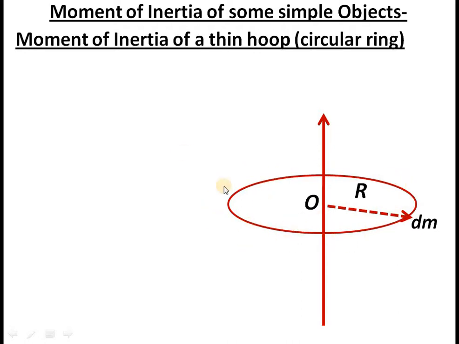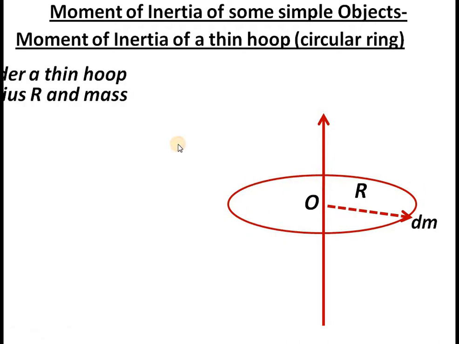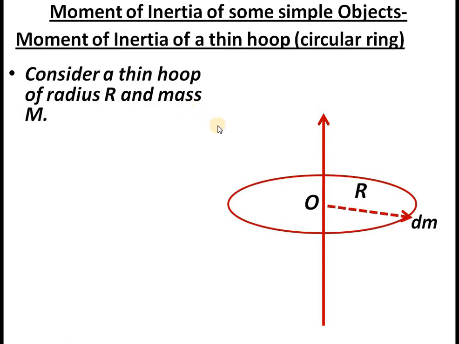You can imagine that each small segment is actually rotating around the axis. So then it is very easy to calculate the moment of inertia. You add up the elementary moment of inertia of each segment. So you will get the total moment of inertia of the entire ring or hoop. Okay, so you consider the ring and imagine that the total mass of the ring is capital M and radius is small r.